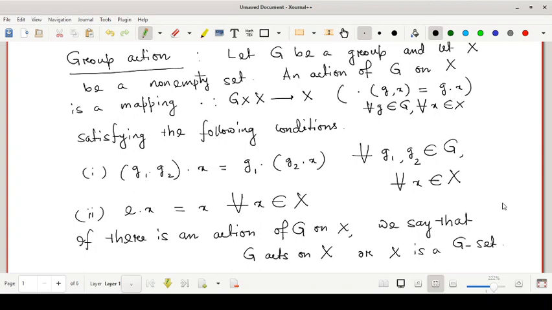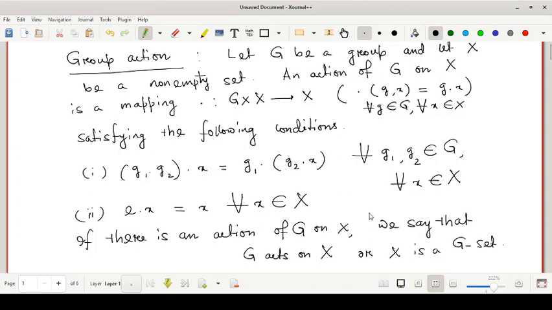What is the domain of the function? The domain is G Cartesian product X. And what should be the codomain? The codomain is X. If this function satisfies two properties, then we call it an action of G on X. What are the properties? Two conditions are to be satisfied. Number 1,